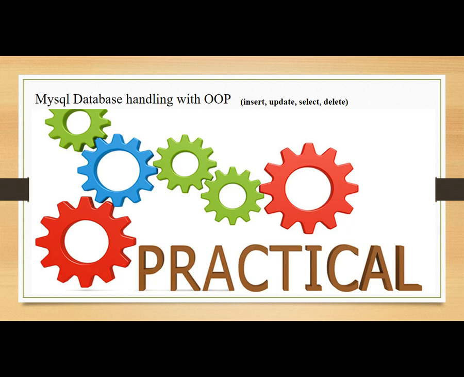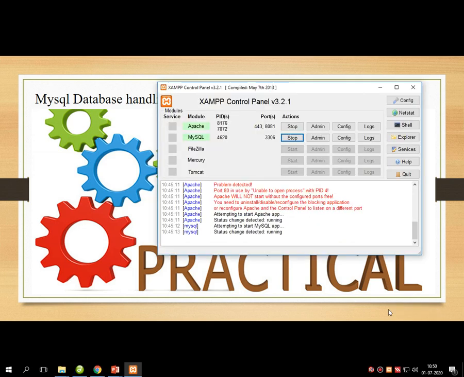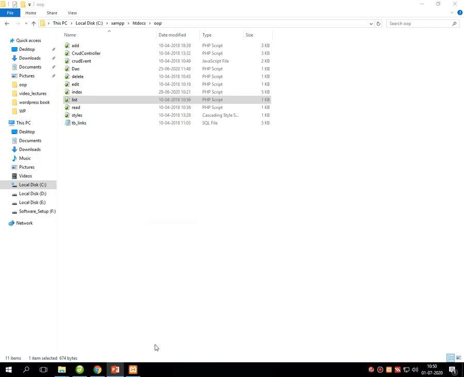Number one, you require a XAMPP installation. XAMPP should work properly, which means Apache and MySQL should work properly on a particular port. So the initial requirement is the XAMPP control panel. If you have the setup, then do it on your computer and follow the instructions that I am sharing with you.